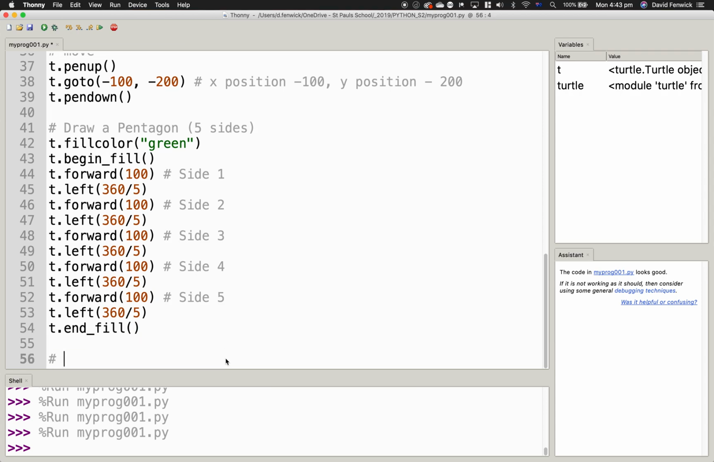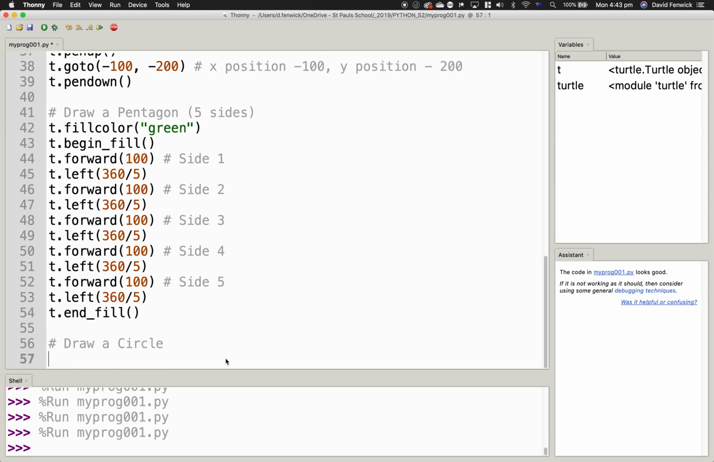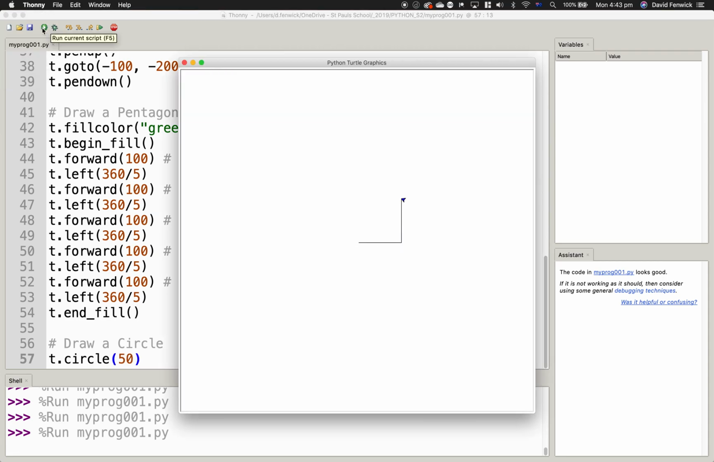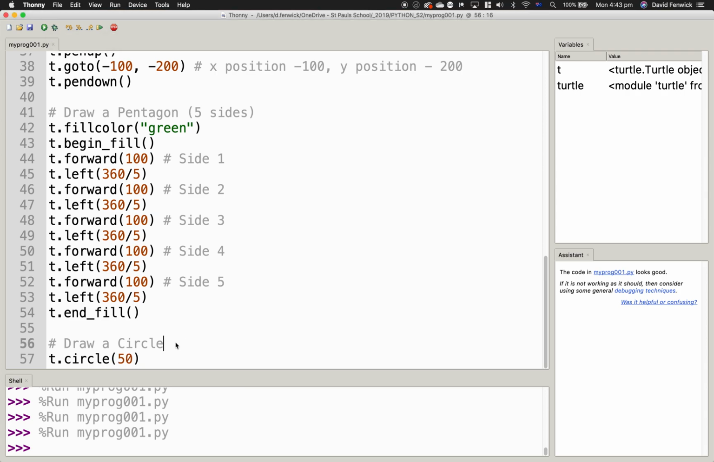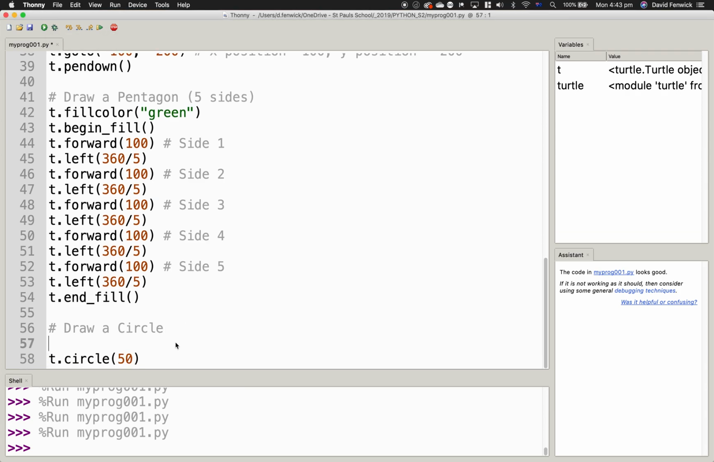Okay, so to draw a circle, it's a little bit different. It is just t dot circle, and then the radius of the circle. So let's go 50. There we go. So to fill that circle, it's the same way we did it before. It's t dot fill color,